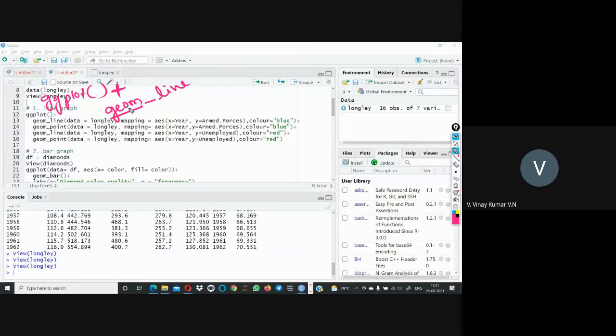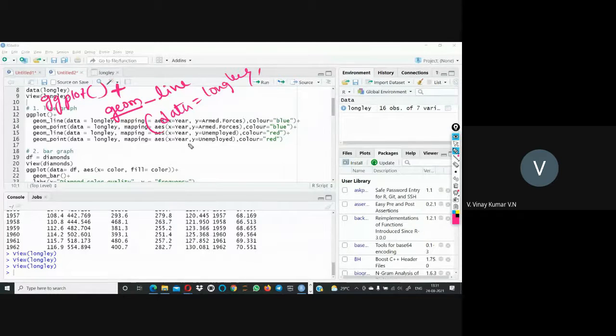So how you will get all these things, whether it is line or point or histogram or anything that you can see, I'll tell you how you will get that one. The syntax of this one is ggplot, the function we are calling. In this function, we need the geometrical representation in terms of line and our data set. So which data are we using? Longley data, comma.